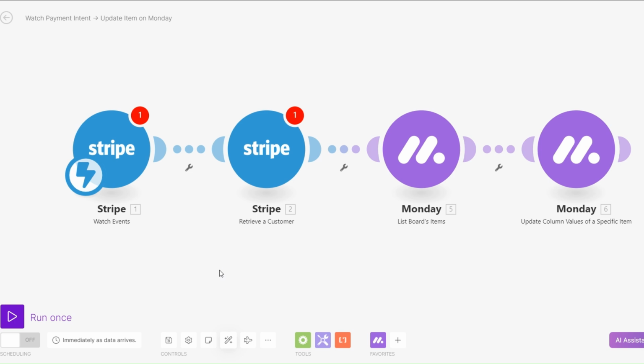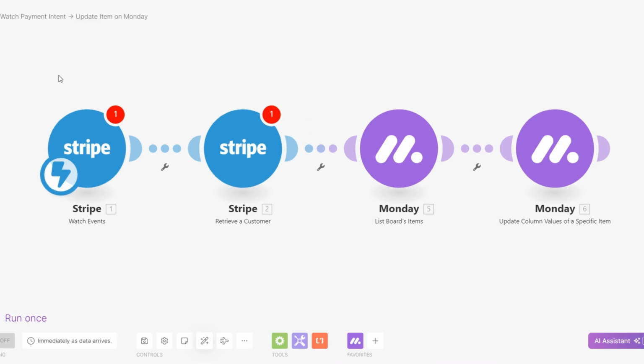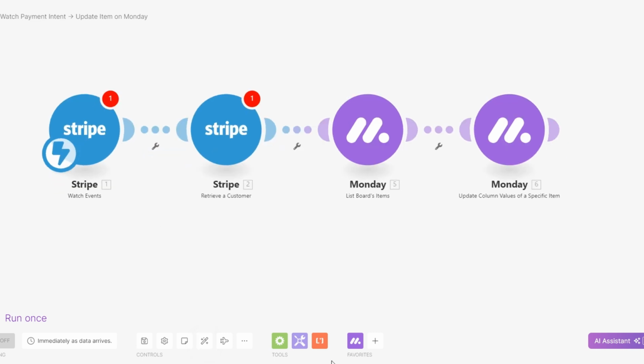After the client has received the invoice and has made the payments, we will set up this automation right here to update that the client has made the payments on Monday.com. So here we are watching the payment intent and updating our Monday.com of that specific record of the prospect. So to set up the automation here on Stripe,